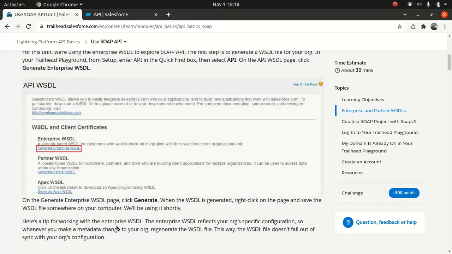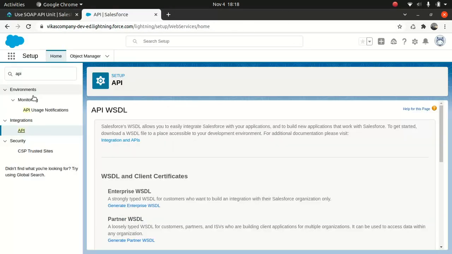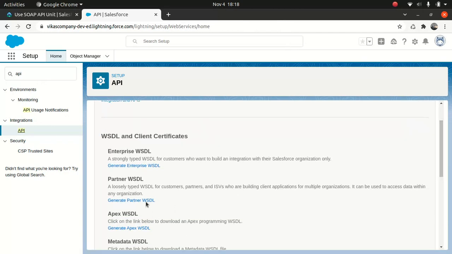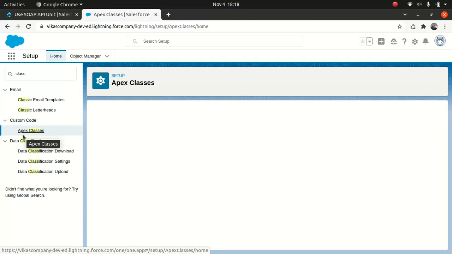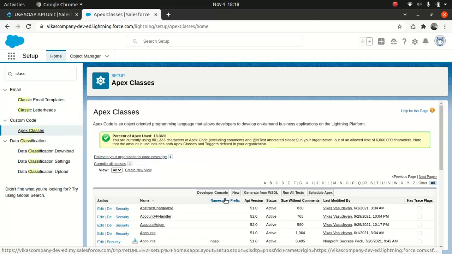So how can you test it? It's pretty simple. You go to your Salesforce org, go to Setup and look for API. You have the enterprise WSDL and the partner WSDL. You just download it. Now you just have to understand one thing, there is one issue which you might encounter. Let me go to